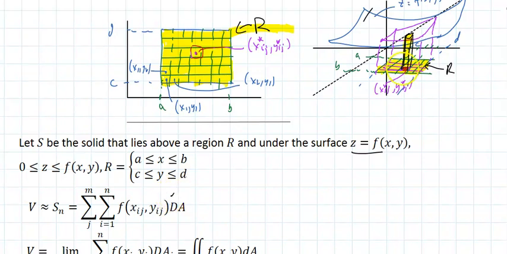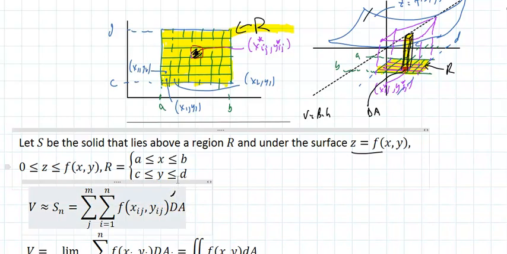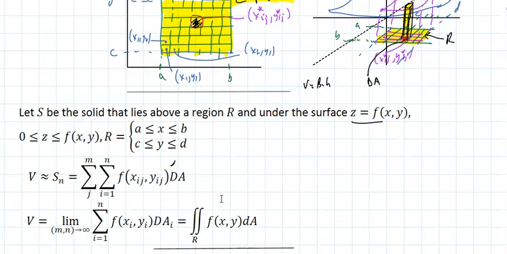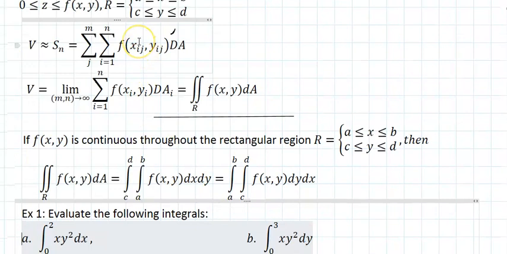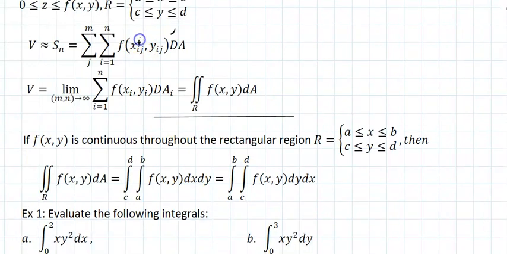Basically, it's the area of the base times the height at that point. So take this point, run the height up, multiplied by the area of the base, because that's what volume is. It's the area of the base times the height. And I could write those in a general case. And if I choose those to have a star, meaning they could be anywhere in that region,